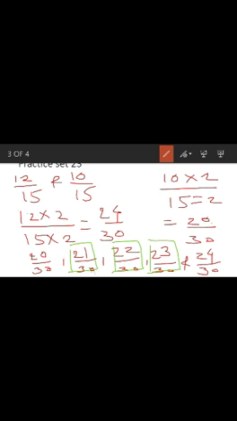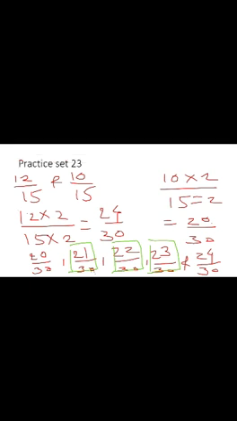Now what we need to do? We need to first of all convert the numbers into their equivalent fractions, and then we need to find out the numbers between these 2 rational numbers. I hope you understand it. Now you need to complete the practice set 23 also. If any problem is there, you can ask, no problem. But I think you understood it very well. You need to solve the practice set 23 as homework.